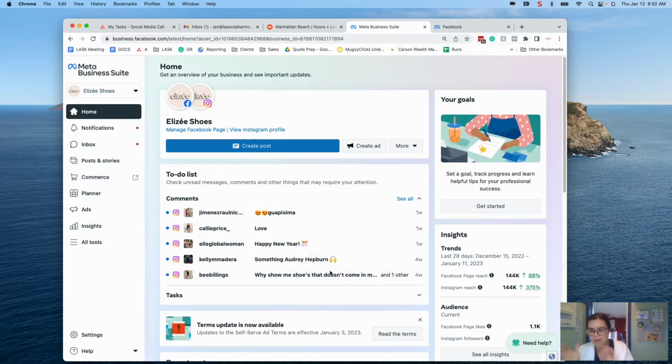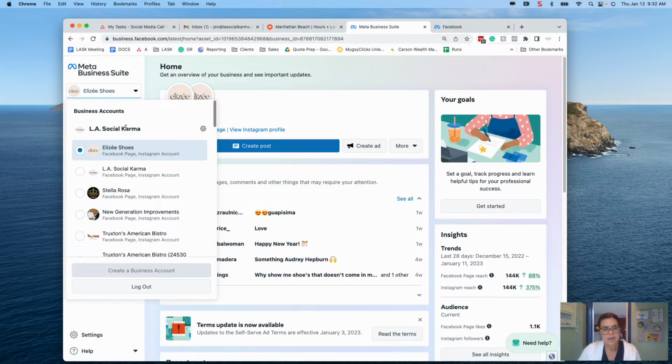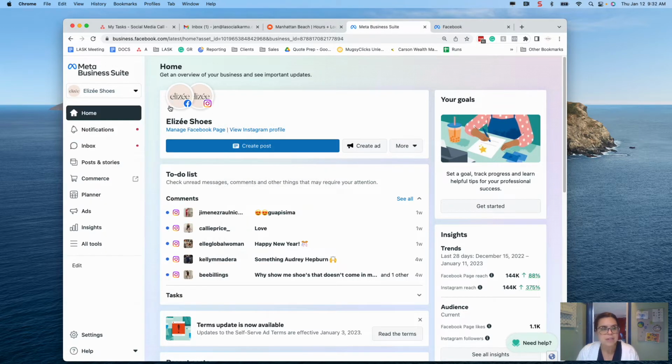So if you have multiple brands, like if you look at it here, LA Social Karma, my business, is basically the bookshelf, and then underneath are all the pages and things that I manage, right? And so this allows me to manage everything from one login without being in my personal page. Side note, if you're always logging in through your personal account, you're going to get distracted